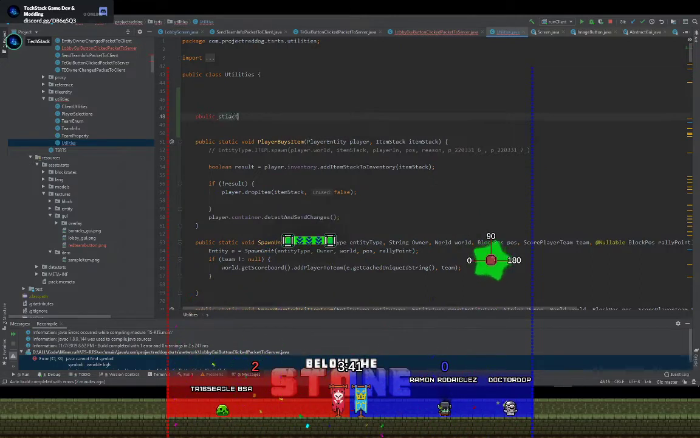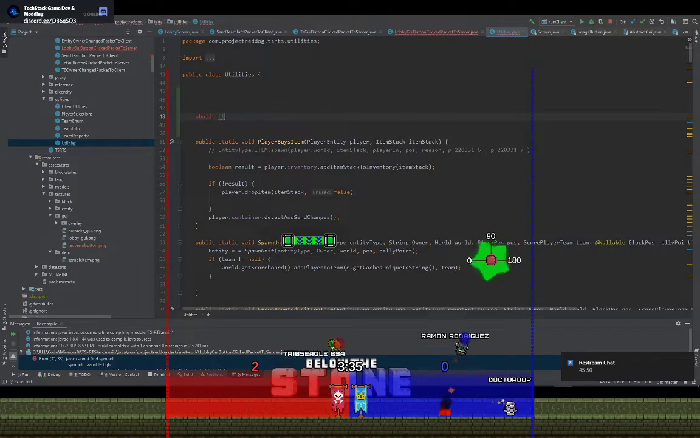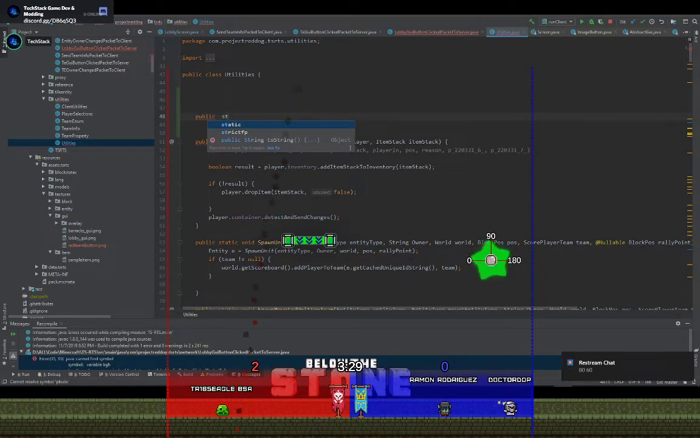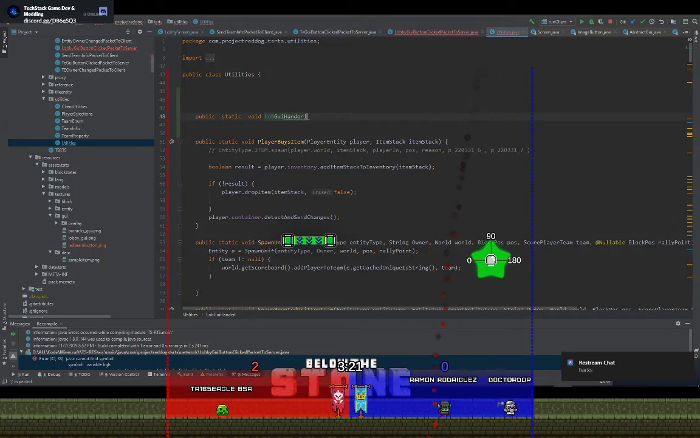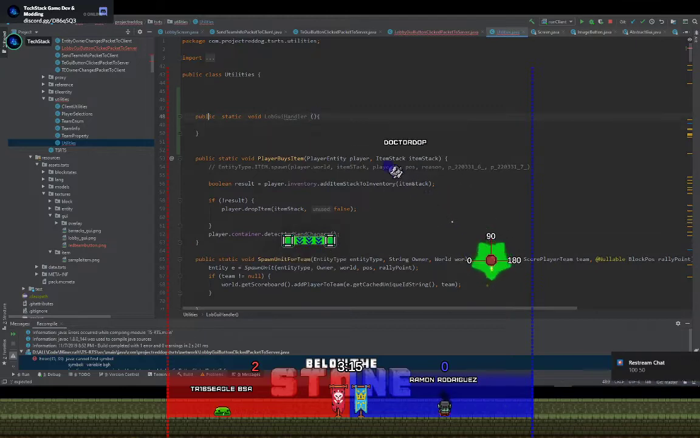Public static. Okay, public static void lobby GUI handler. Okay, and we're going to take a